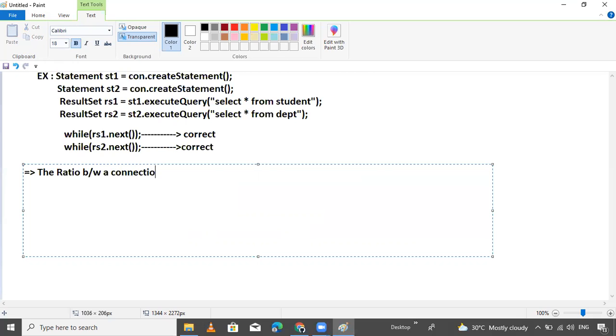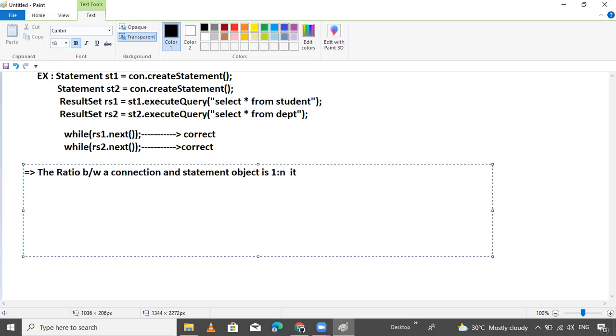The ratio between connection and statement object is 1 is to n. The connection object should be one, but statement objects can be many. You can create many.